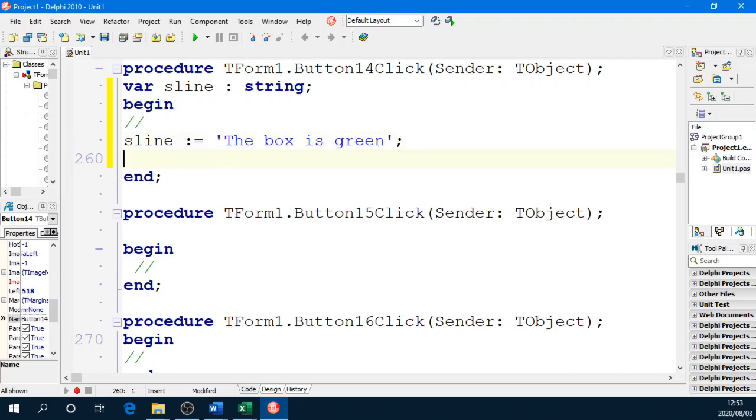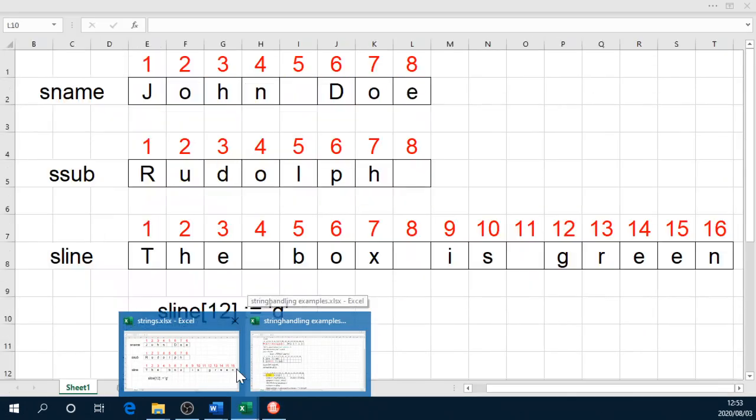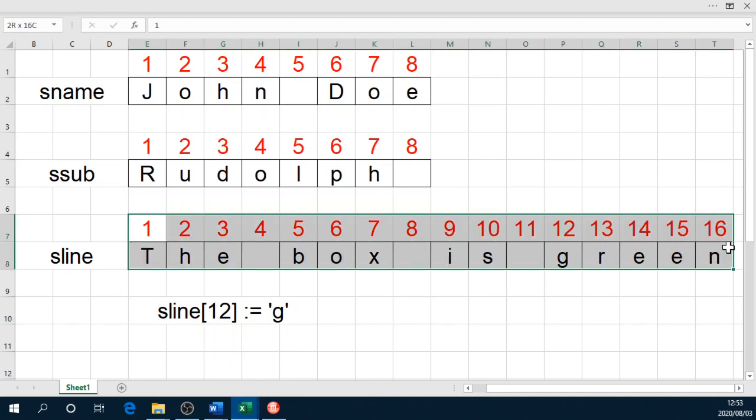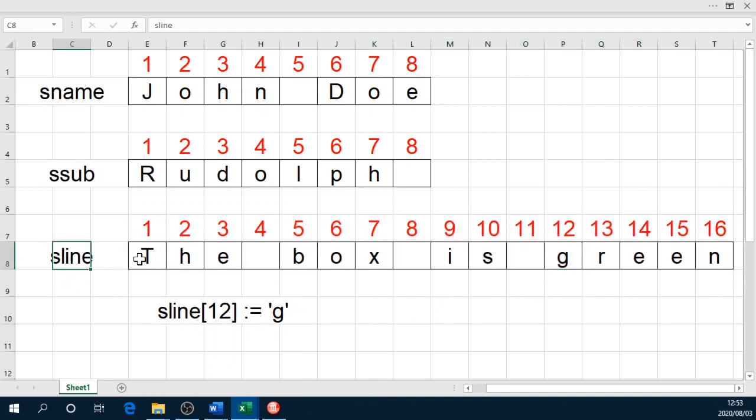Now we've got to find the position of the G. This is one way to do it. There are other ways, but we're going to do it the easy way. So here is an example of this. The box is green. So S line is equal to this long line. It's 16 characters. If we find out where the G is, which character number it is, then we can go